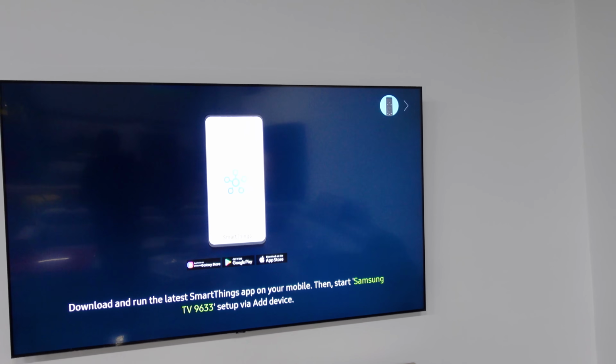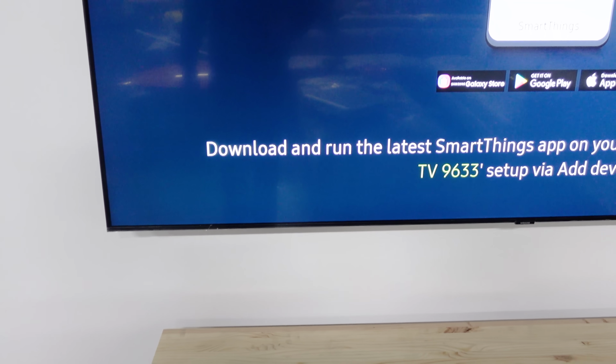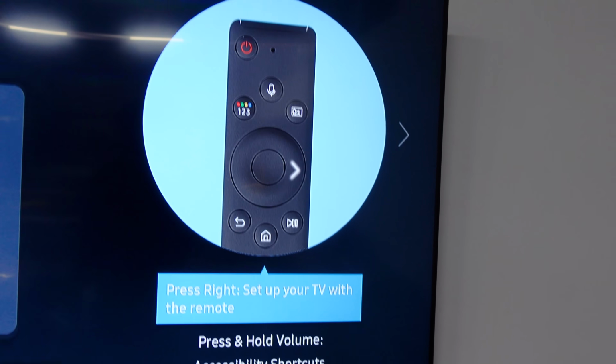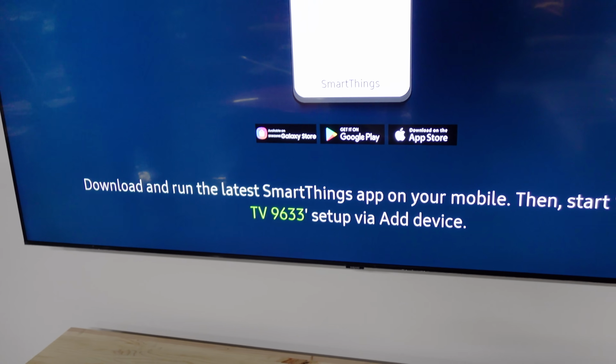It's gonna take a little while. Yeah, first time. Oh no, I'm gonna have to update it for 6 hours like an Xbox. Please download the SmartThings app on your mobile to start TV setup. Oh yeah, you have to link to it. Why do I need to do this? Why can't I just watch YouTube? You may press the right button to set up the TV with the TV remote. The accessibility function is...